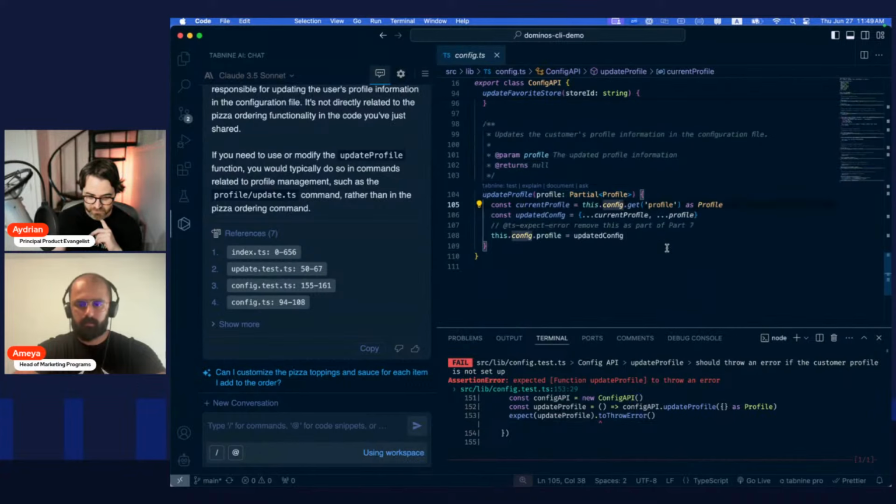Okay, so let's take a look. Update profile. And as you can see, to make this work I had to do some TypeScript things because TypeScript was mad.